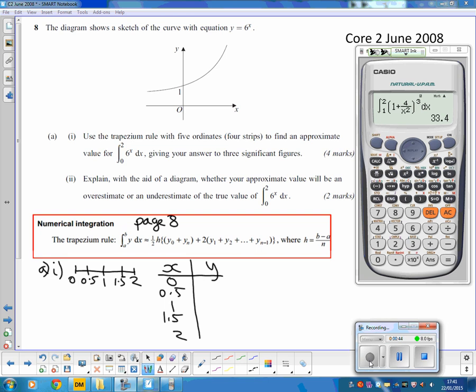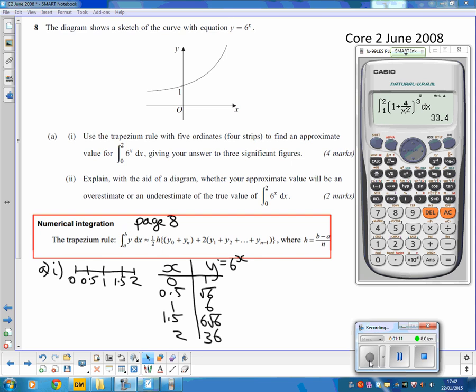In this case the equation is, well, I'm doing y, I'm just calling that 6 to the power of x. So that's quite easy to do exactly. If I put 0 into that, I get 1, 6 to the power of 0.5 is root 6, 6 to the power of 1 is 6, 6 to the power of 1.5 is going to be 6 root 6, and 6 squared is 36. If you're not confident with that, you can use your calculator to get values,